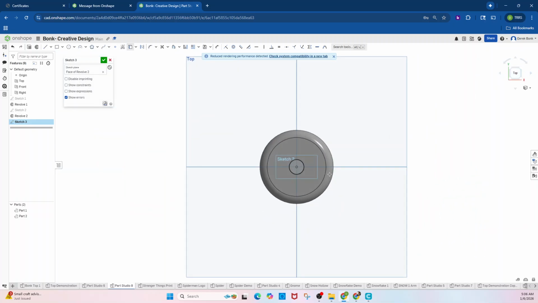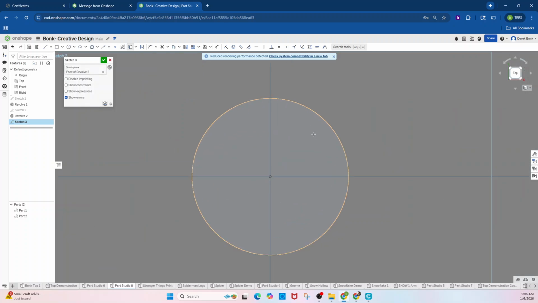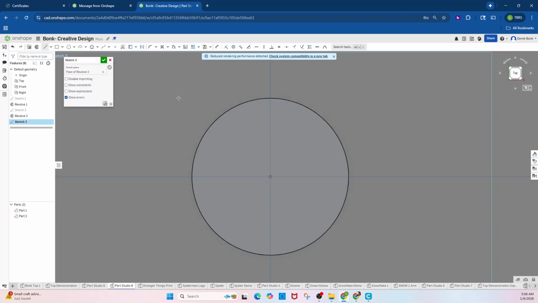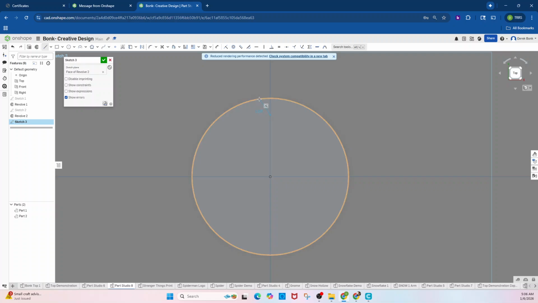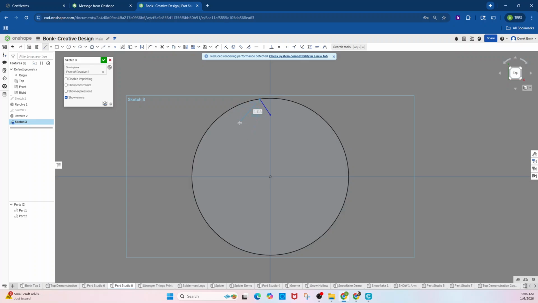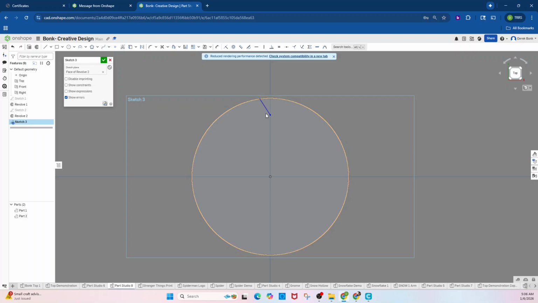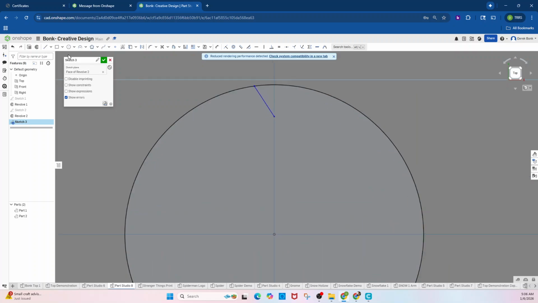I'm going to make little gear type teeth here. This is going to take some trial and error. I can give you my measurements as I go here, but just watch in general. You can put a diagonal line. This is sculpting. You don't need exact measurements just yet. And then you put a vertical line